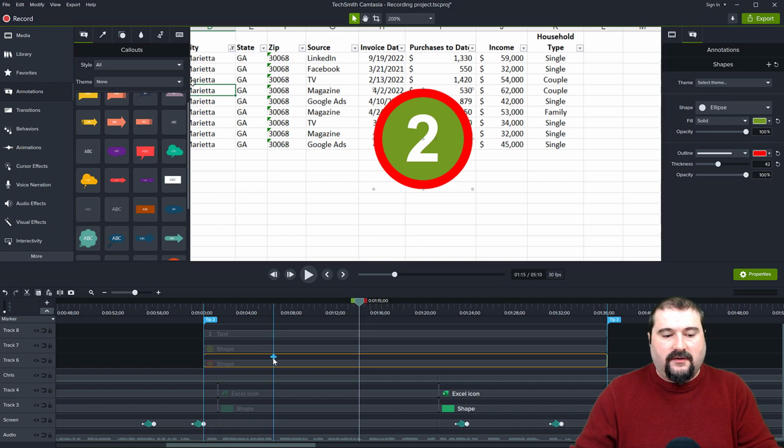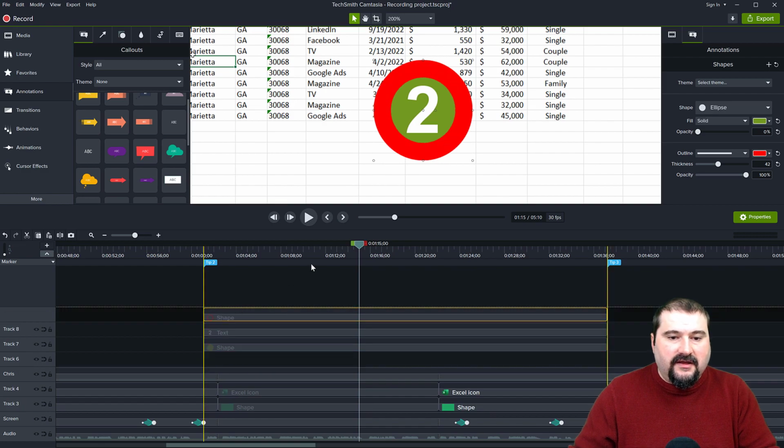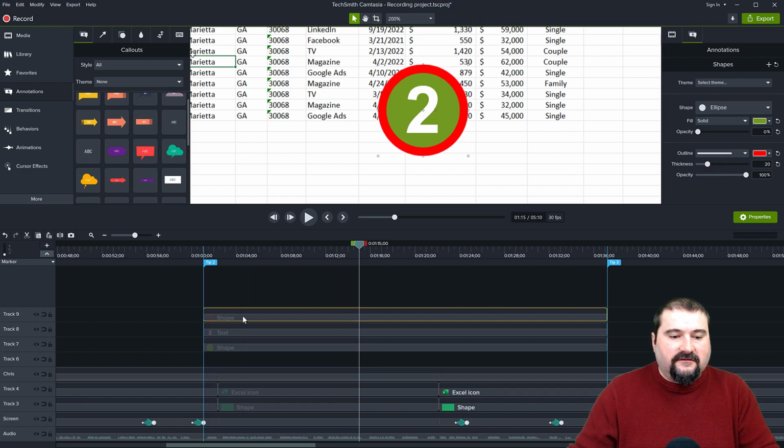So if you want to put it on top of the number 2 or whatever, you can just take the opacity from the fill to 0, and then you still have the number, you still have the red border, but you can have it at the top if you want or at the bottom. So if I make some room in here and I move this one to the top, it's kind of thicker, so you can actually make the border less thick like this. So now it doesn't matter if it's at the top or at the bottom.